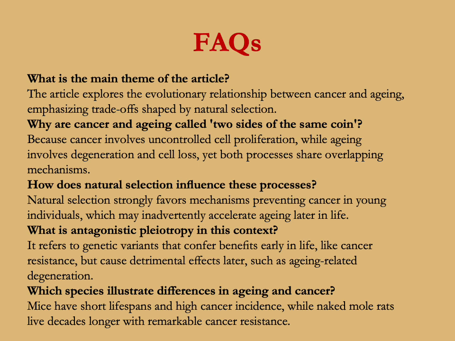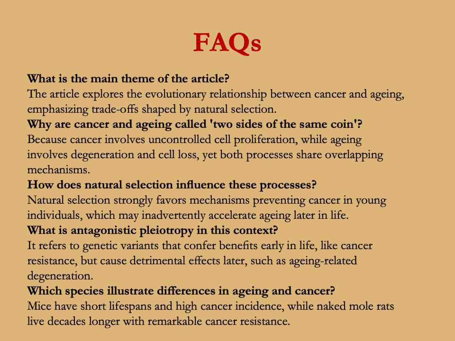mechanisms. How does natural selection influence these processes? Natural selection strongly favors mechanisms preventing cancer in young individuals, while it may inadvertently accelerate aging later in life. What is antagonistic pleiotropy in this context? It refers to genetic variants that confer benefits early in life, like cancer resistance, but cause detrimental effects later, such